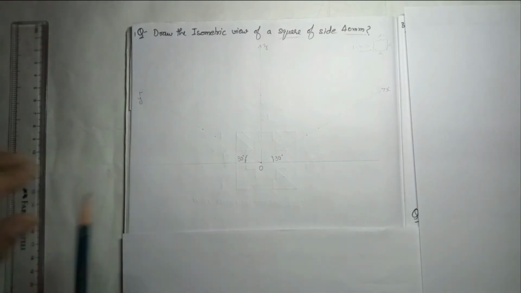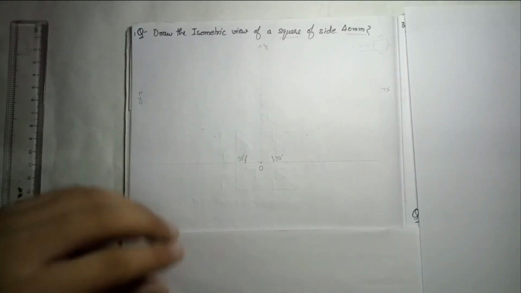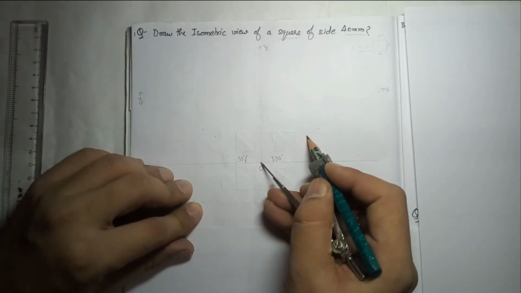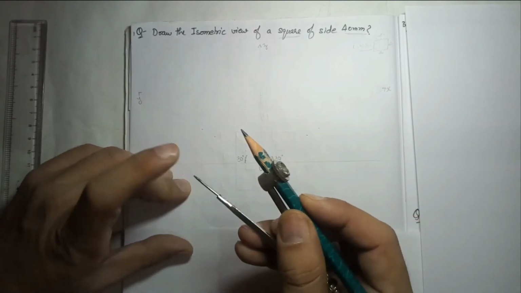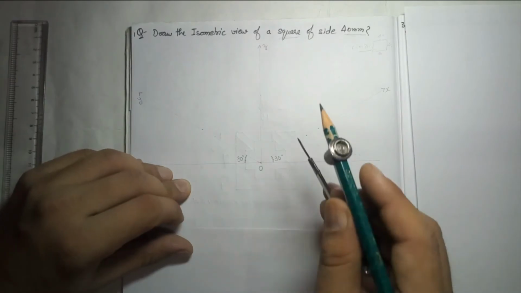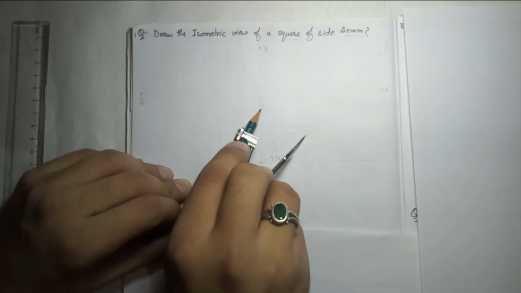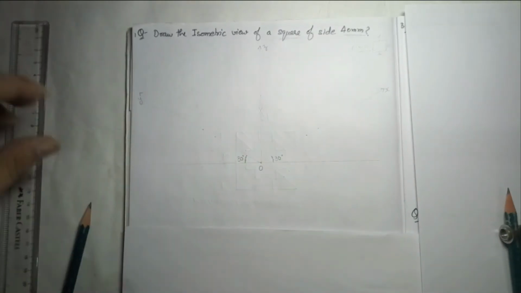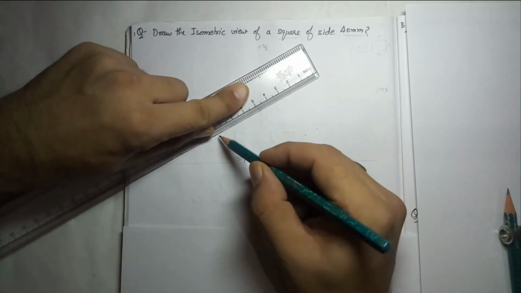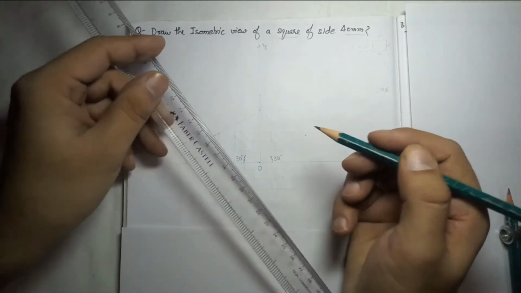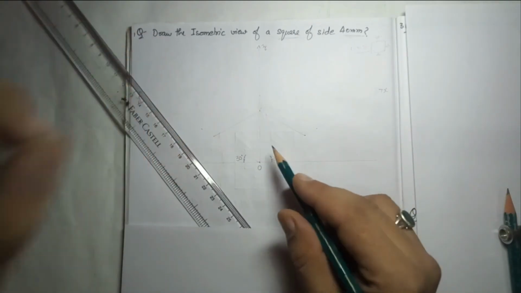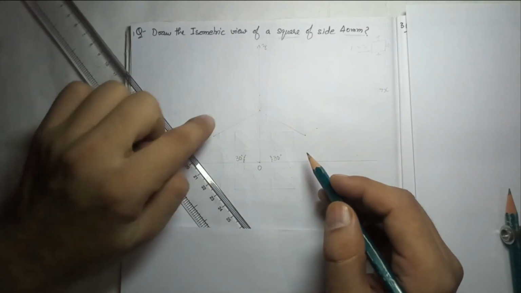Now to make a perfect diagram I will suggest you take the help of a compass. From this to this we have marked 40, right? So from this 40 you take the 40 distance in between these two. Now mark from this point 40 and then mark from this point again 40. So all four sides are coming 40. Now you can join them, this one and this one. Now we have made the box method, right?